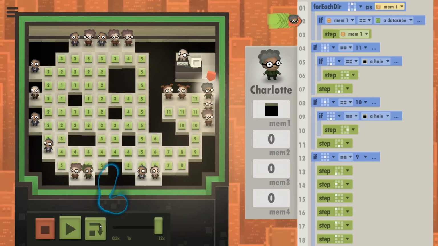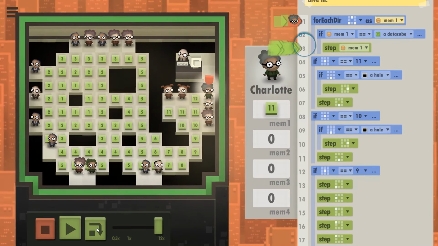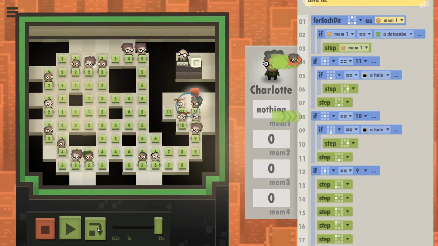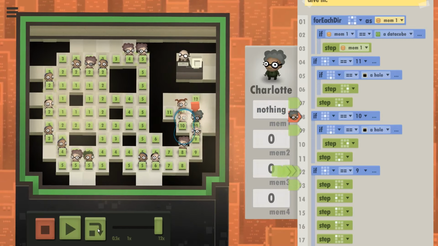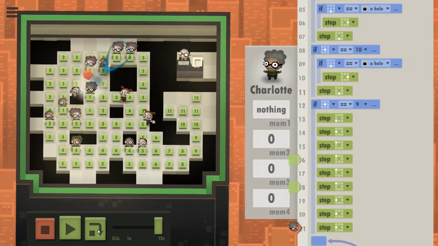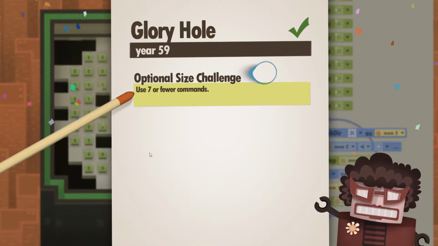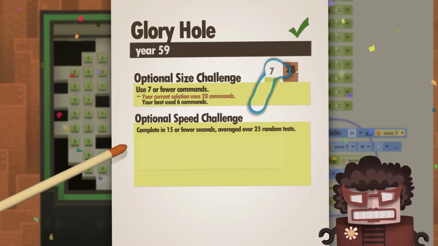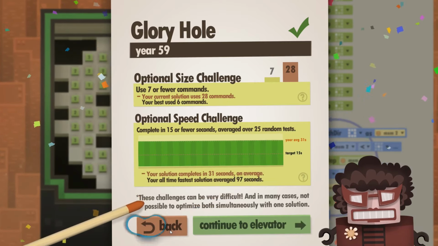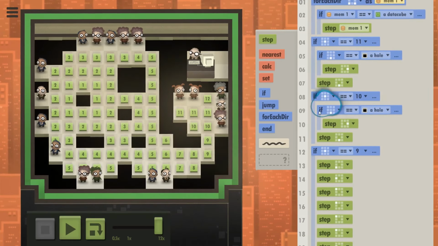Okay, so this is going to be the interesting one. Yeah, those guys are just bum rushing. That was very fast. Oh, wow, we do need to cut that in half. Alright, so